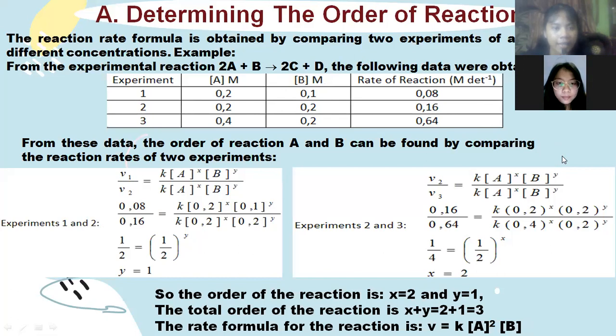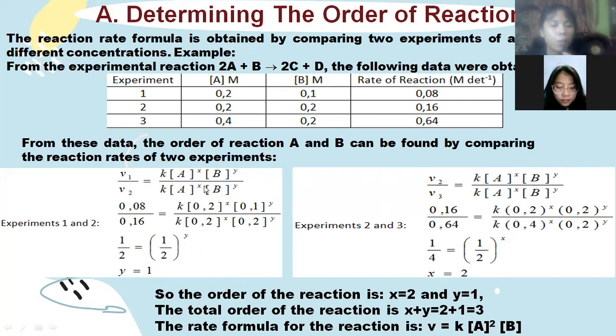For this data, the order of reactions A and B can be found by comparing the reactions of 2 experiments. In this, the order of the reaction A we call X, and the order of the reaction B we call Y. Okay, the first one is how to determine the order of B concentrations. Imagine it's Y. So the formula is,